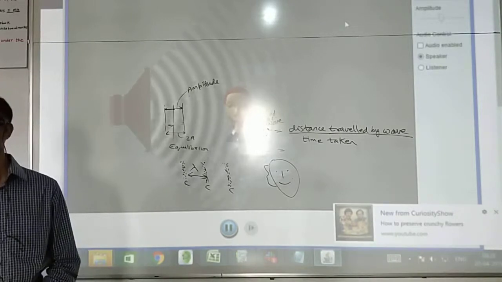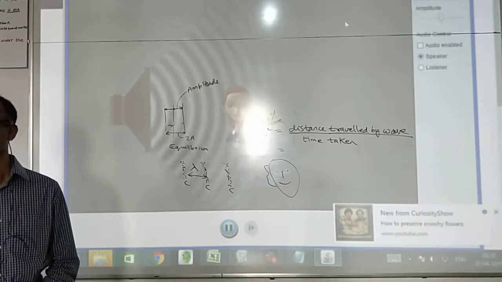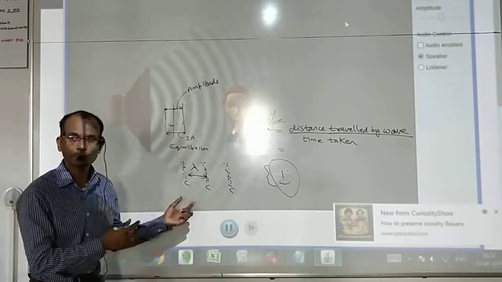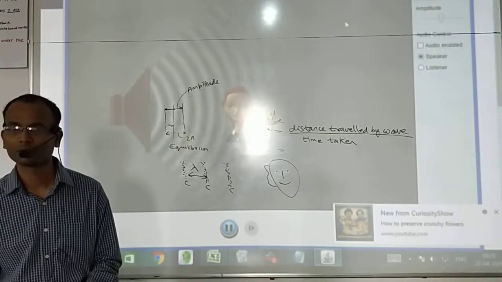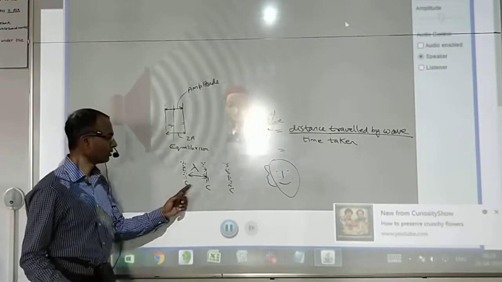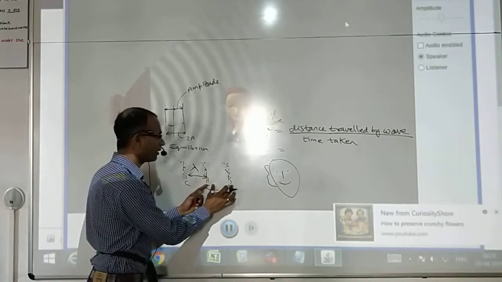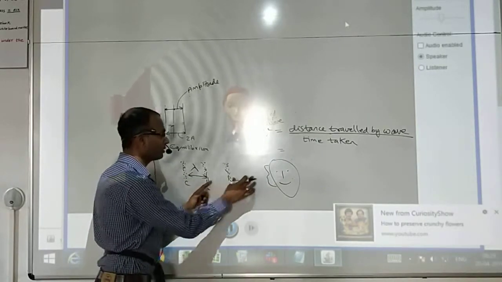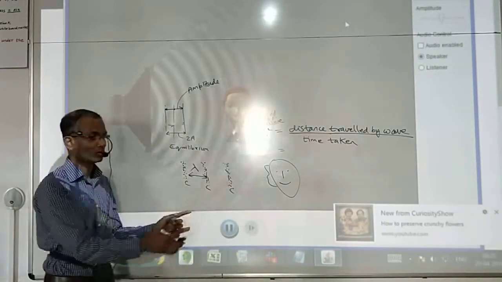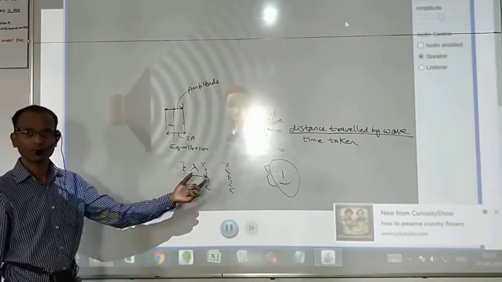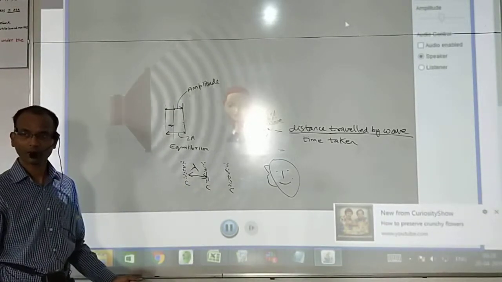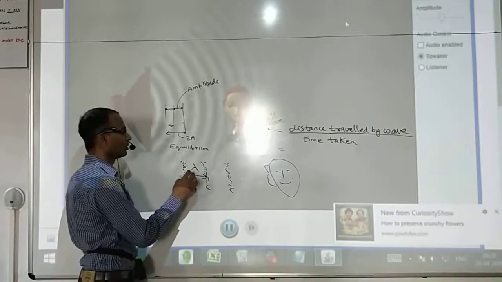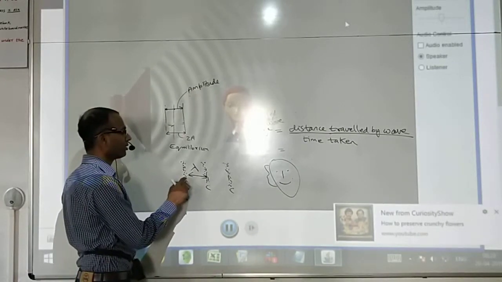Sit straight. The shortest distance after which the wave pattern repeats itself is called wavelength. Agreed? So compression to compression. If I copy paste this, I will get the next pattern. If I copy paste this, I will get the next part of the wave. So this is the shortest distance after which I get the wave pattern again. Agreed? So if I note down this wavelength,